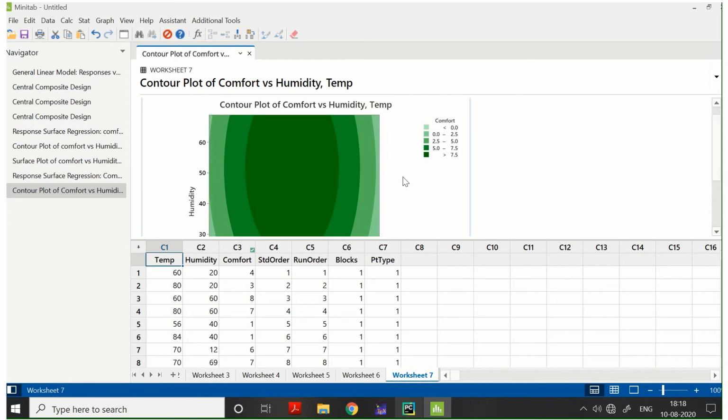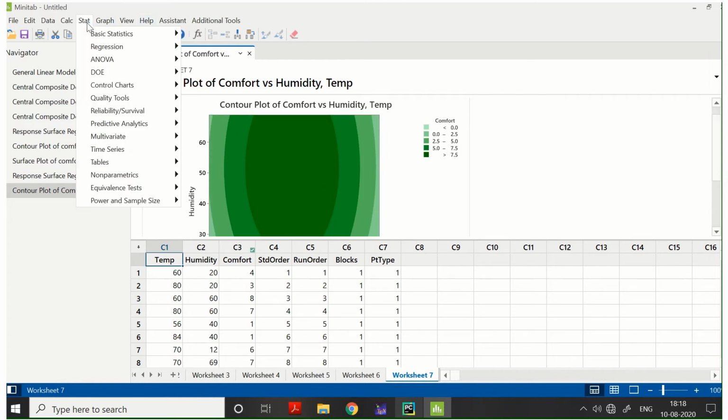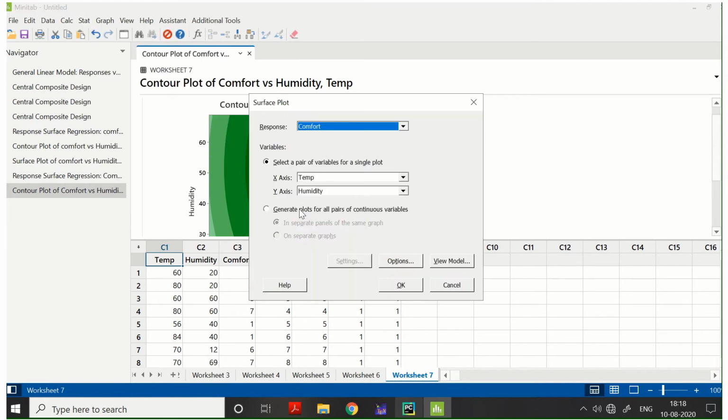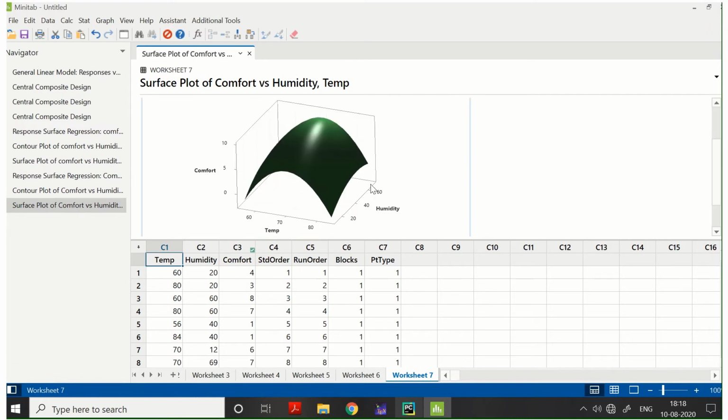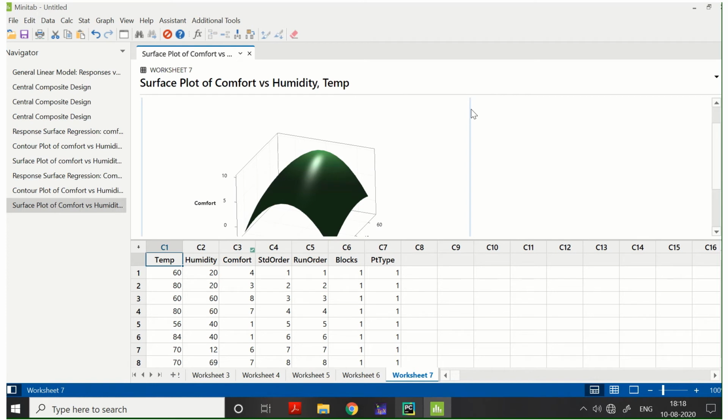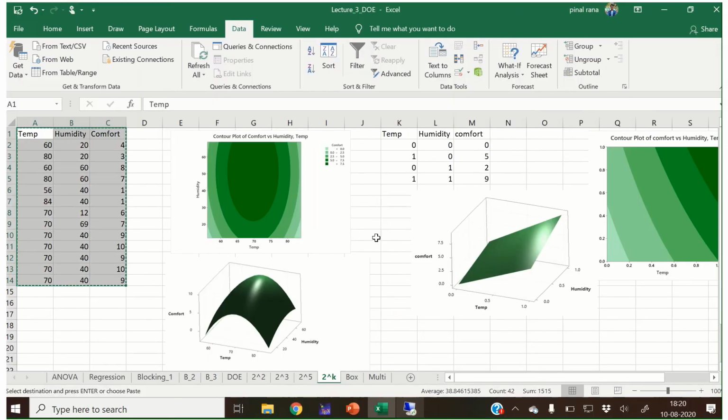This is the contour that I have created, and in the same way we can create this surface. I have copied both of these over here.